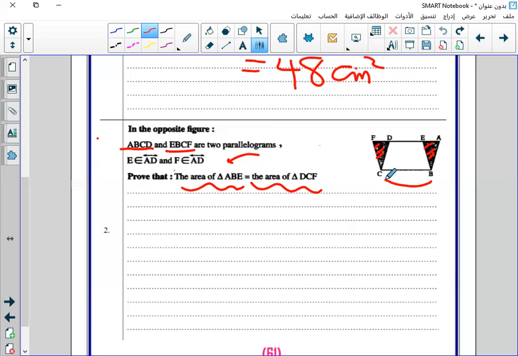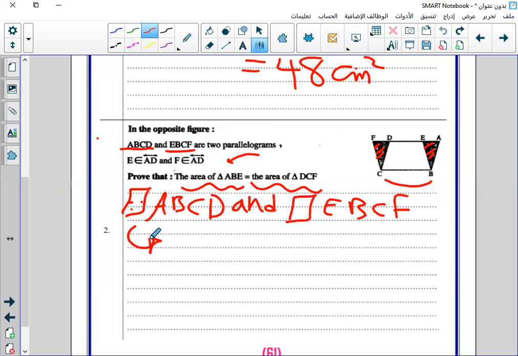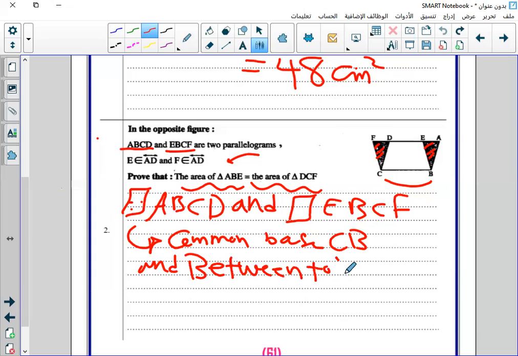What else can we try? Since the parallelogram ABCD and the parallelogram EBCF have a common base CB, and are between two parallel straight lines, FA and CB. Then